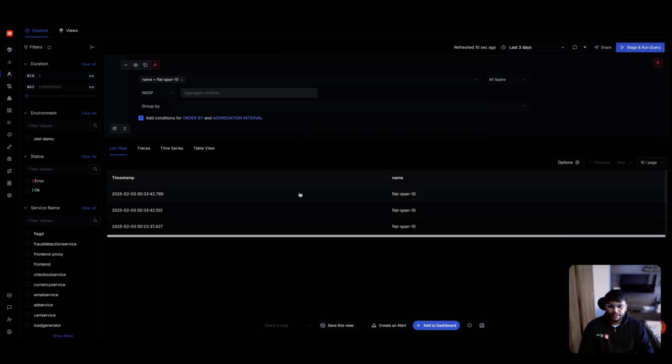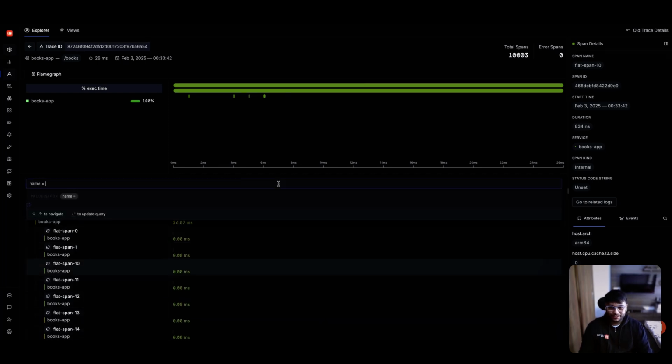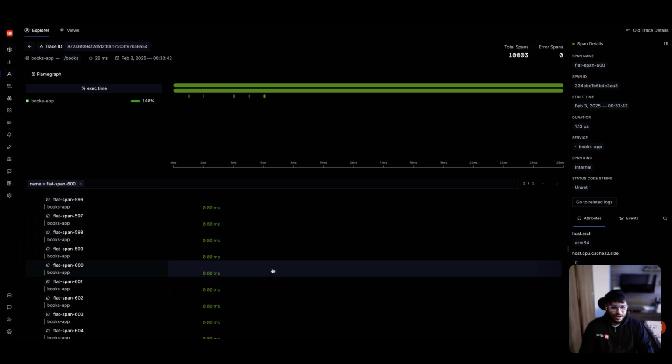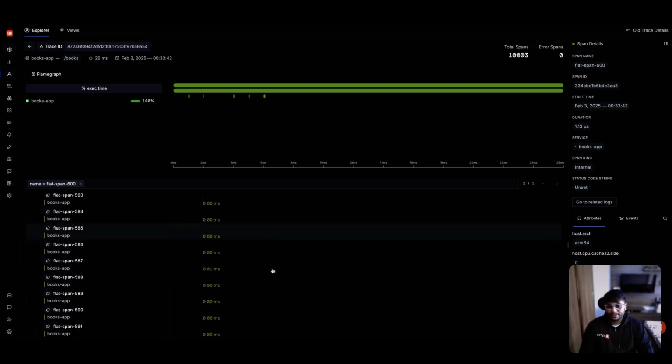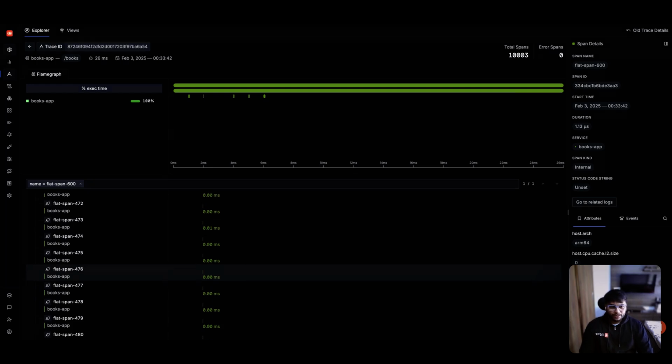Let's open this particular trace. This trace also had 10K spans, and see the amount of time it took to load this on the UI. Again, you can navigate here as well to, let's say, 600. Any span that you want and it will help you navigate through it. You landed on the flat span 600 and you can easily traverse back again, traverse forward again, as we saw. So this is a new trace detail page. Do let us know